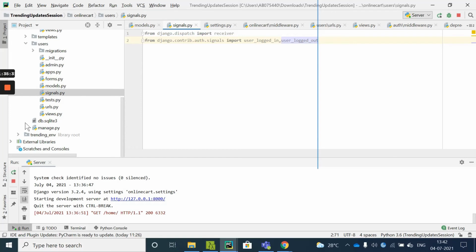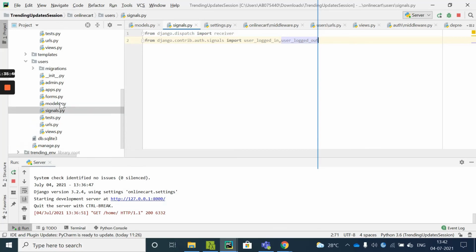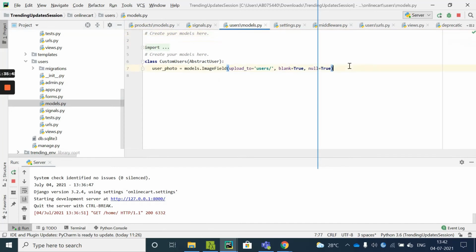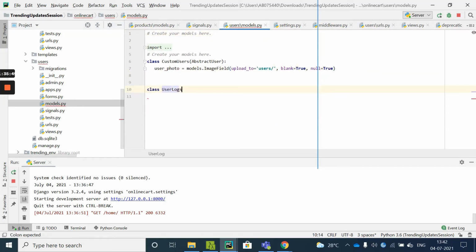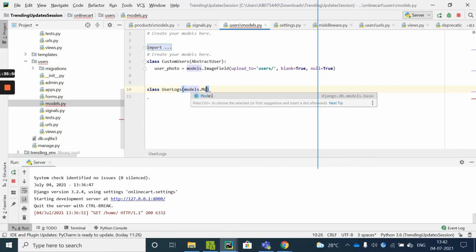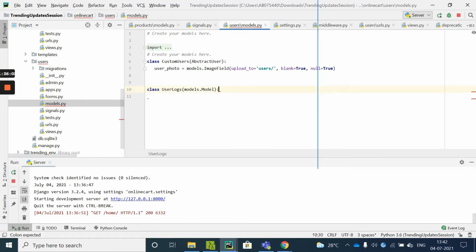Under the users module, I'll create one more class called UserLogs, and I'll provide models.Model to this class. Before, you can see custom users is abstracting from the user model, and here we don't need to have such a thing, so I have given it like this.